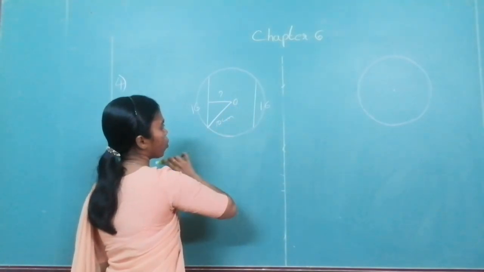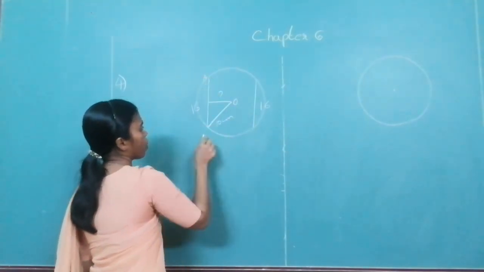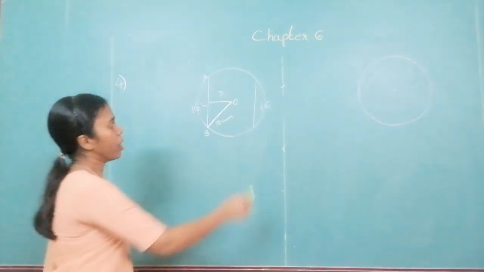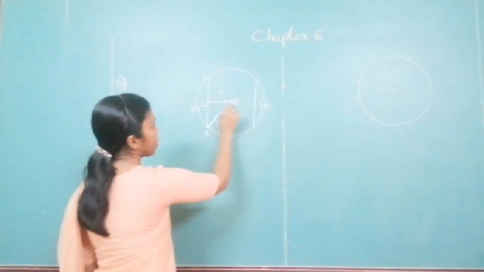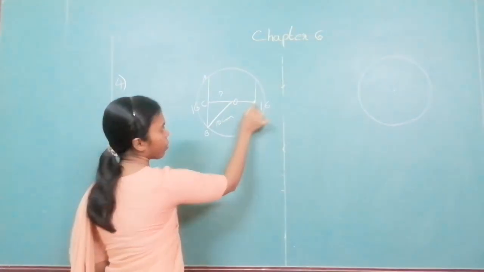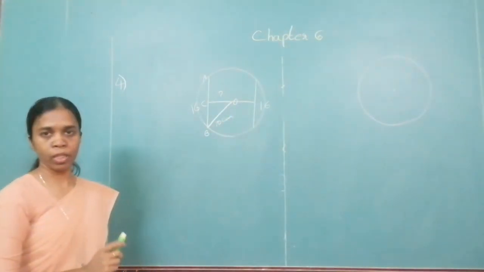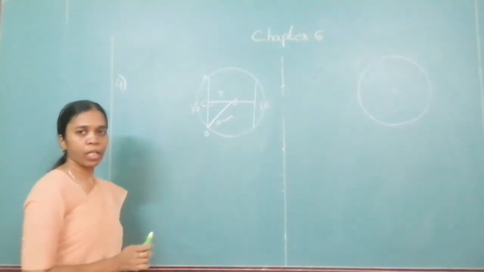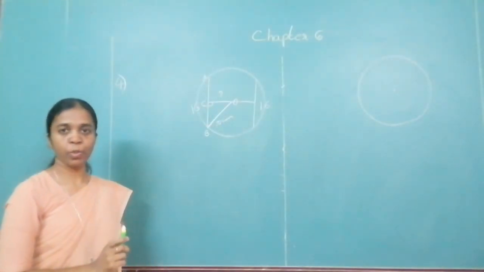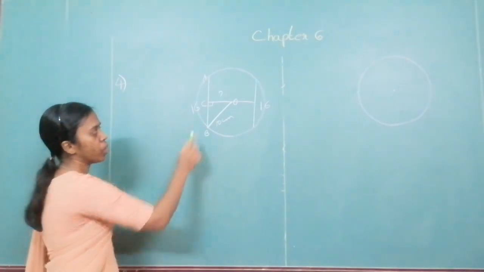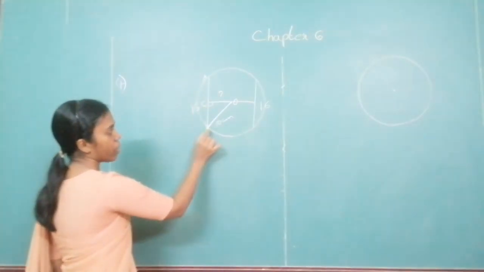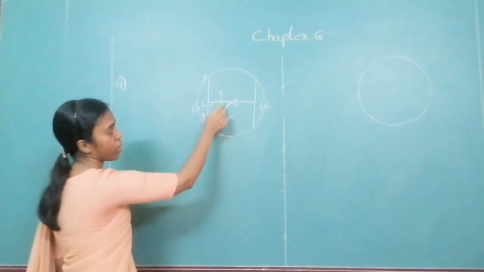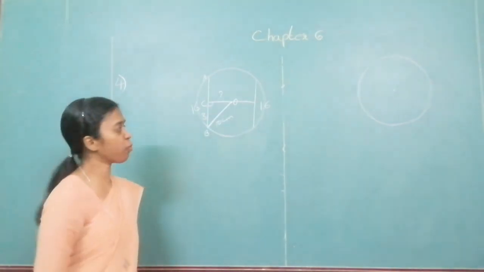So you name this as O. Whatever you want, you name it. Okay, let this be C. The distance from here to here will be the same as from here to here because the chords are same. Again, what type of a triangle is this? Right angle triangle. So you'll be using Pythagoras theorem. Chord is 16. So how much will this be? This will be 8. This is 10. This you can find. How do you find that?